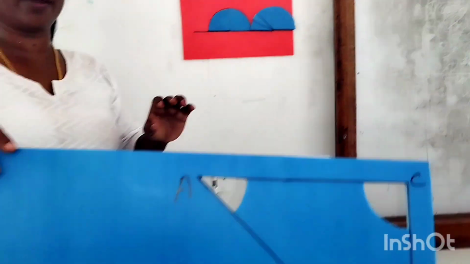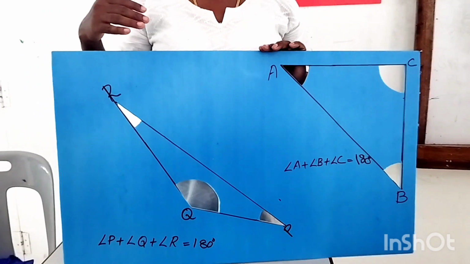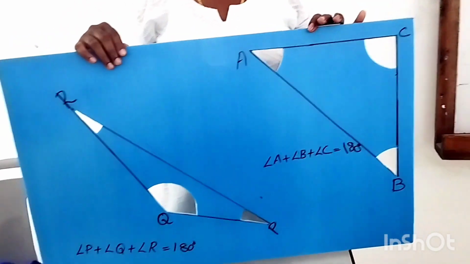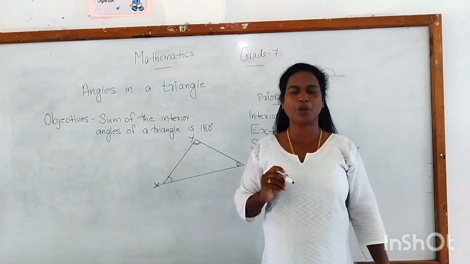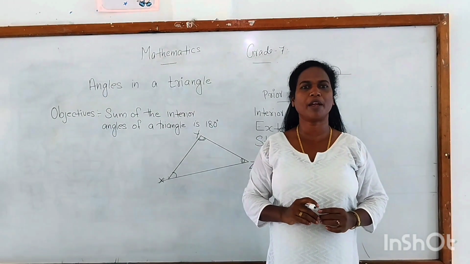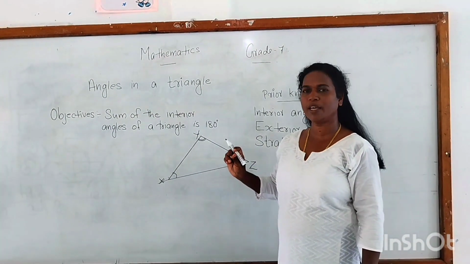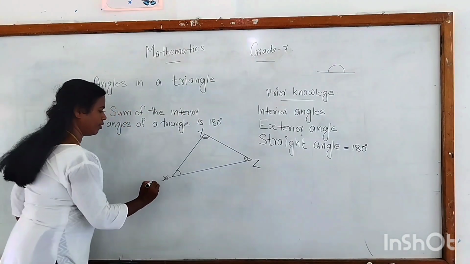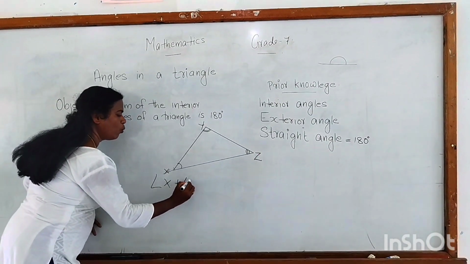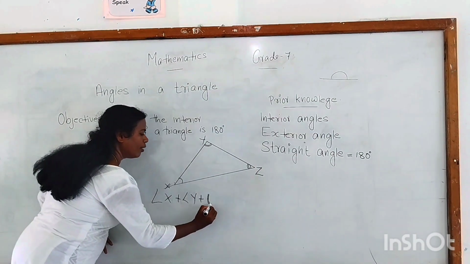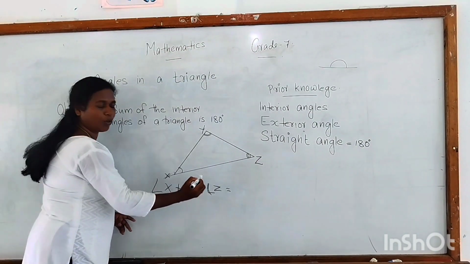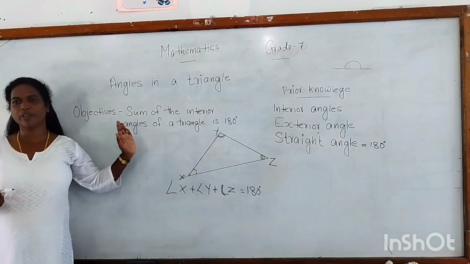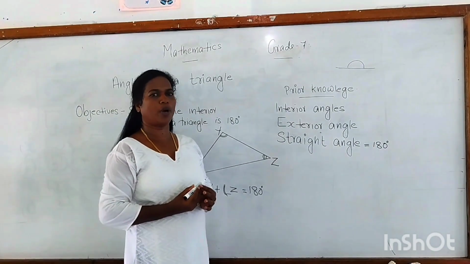So from this what we can understand, the angles formed in any triangle. So sum of the angles of any triangle gives 180 degree. From that activity we understood for any triangle the sum of the three angles add up to how much degree? 180 degree. So here the triangle is what? Triangle X, Y, Z. So we can write it as angle X plus angle Y plus angle Z gives how much degree? Okay, it is 180 degree. So what we can understand? Sum of the interior angles of a triangle add up to 180 degree.